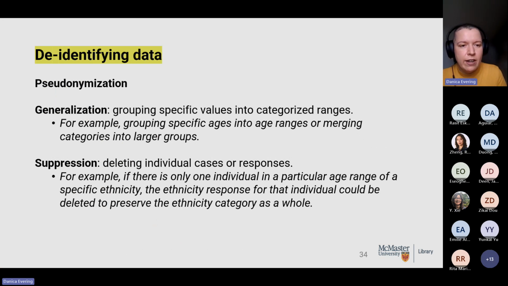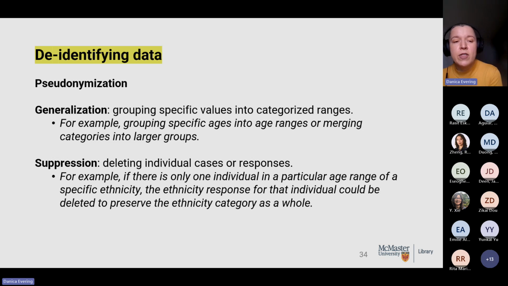Another way of de-identifying data could be pseudonymization, generalization, or suppression. Pseudonymization, we know pretty clearly from journalism. We might say we have a friend called Schnabika, but the pseudonymization is not enough. It's pretty easy to know who that person is. So we might look at generalization, grouping specific values into categorized ranges. Age ranges could be built into relevant groups, so we might see something like 55 to 65. That allows for enough generalization that we might not be able to identify that person.